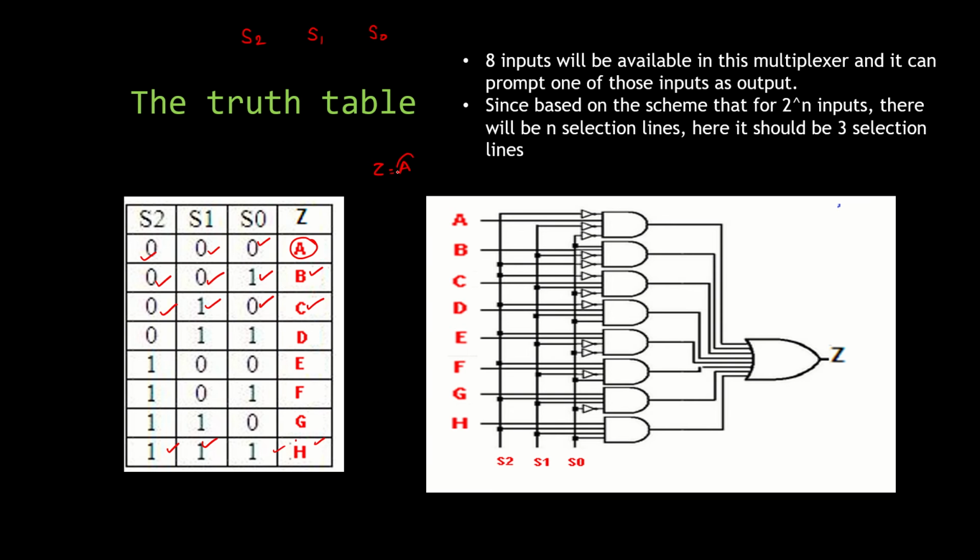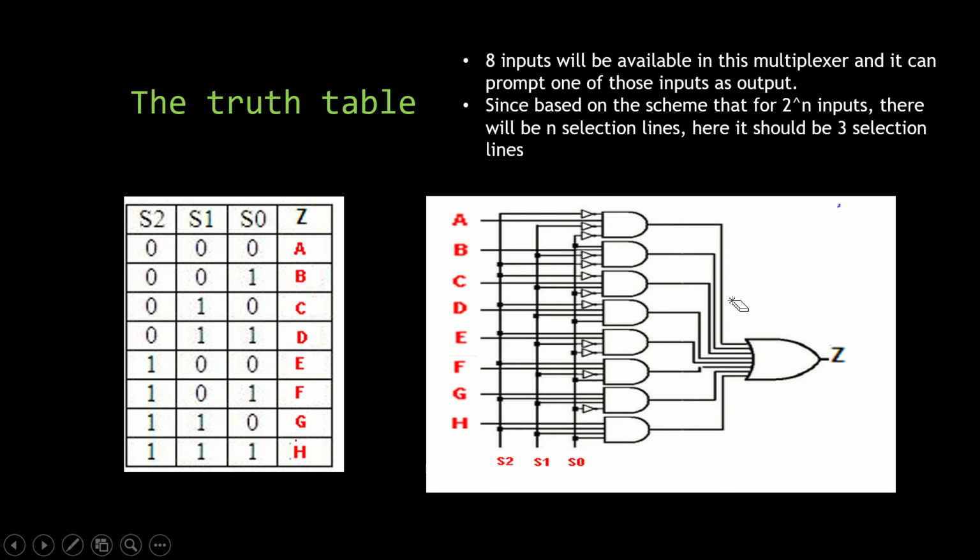Whatever be the value for A or B or C, when the respective select lines are selected, the value which is available as the input, it can be 0 or 1, will be thrown as the output. That's it. Remember it. The value inside A is immaterial. It's not going to be a problem. The values for the select lines are going to select one of the inputs and make it the output. Whatever be the value available for A, if the A select lines are opted, it will be presented to you as the output.